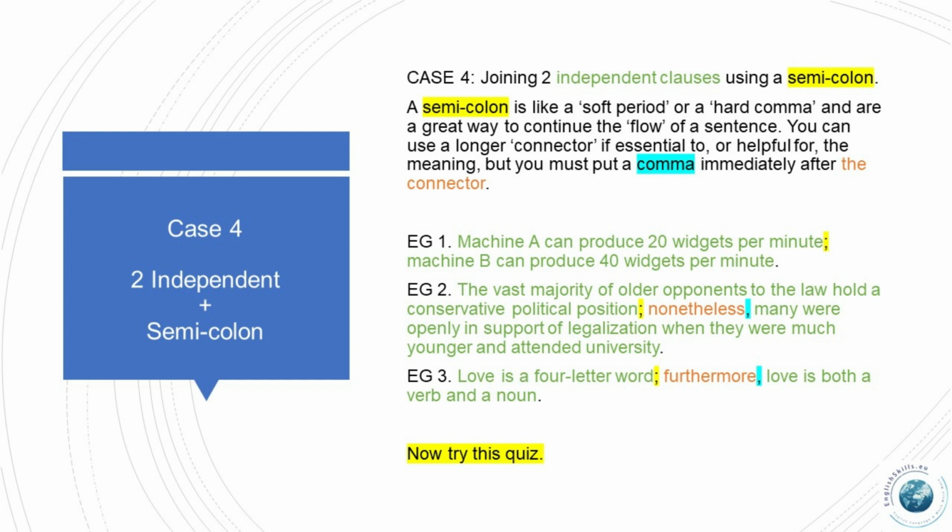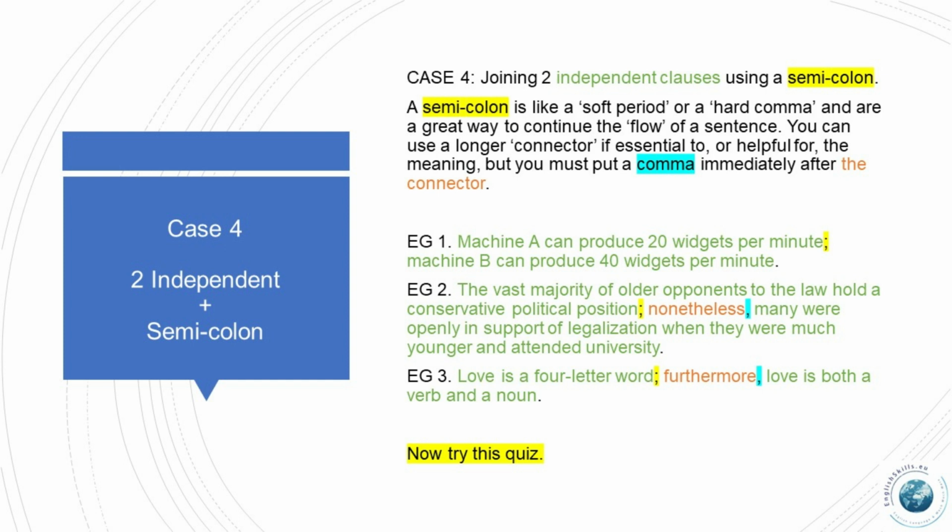You can use a longer connector if essential to or helpful for the meaning. If a connector, a word such as nonetheless, furthermore, however, etc., these longer words, you just use a semicolon and then you put a comma immediately afterwards. Let's look at